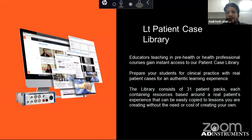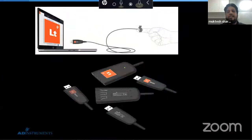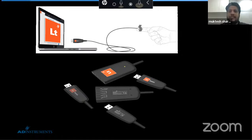Then this is some patient case library which we have created. And recently we are launching the LT sensors for the different physiological signals, which will help the students when they are coming to the laboratories. They can directly connect the sensors to the laptops and record the signals. So likewise, we have